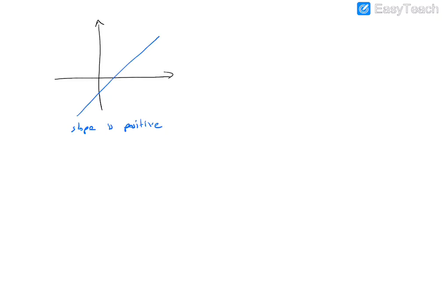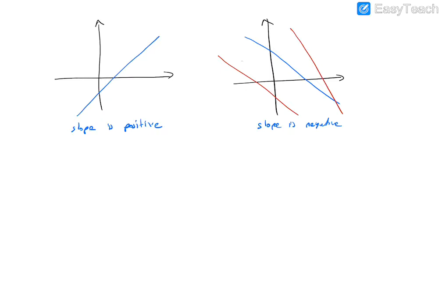If the slope is negative, the line will be like that one. So here the slope is negative. Of course, this line is also correct. That line is also correct. That line is also correct. For all these lines, the slope is negative. For the first case, the positive case, this is positive. That is positive. This is positive, etc.